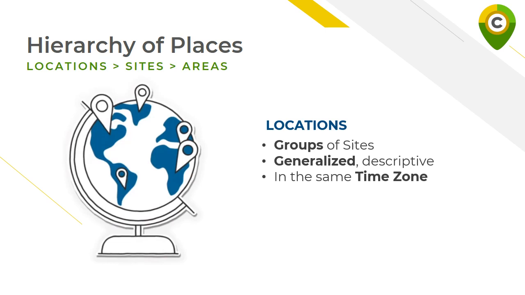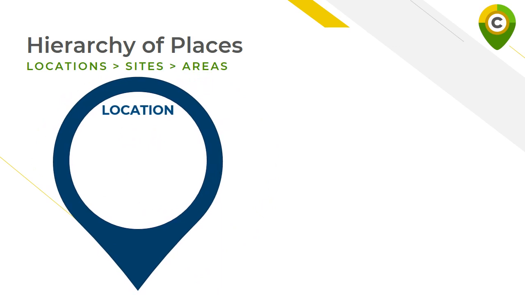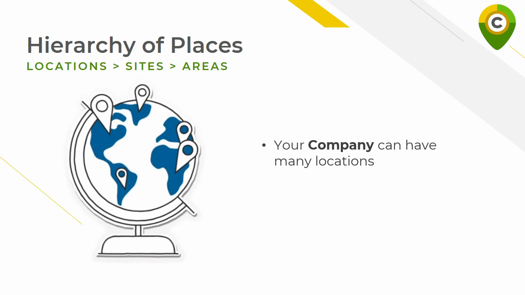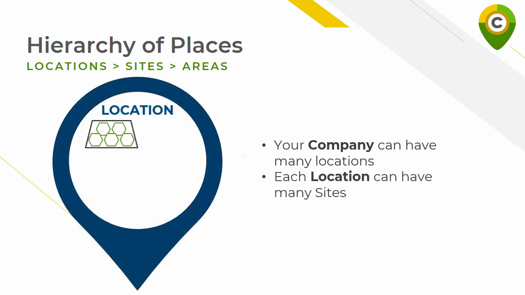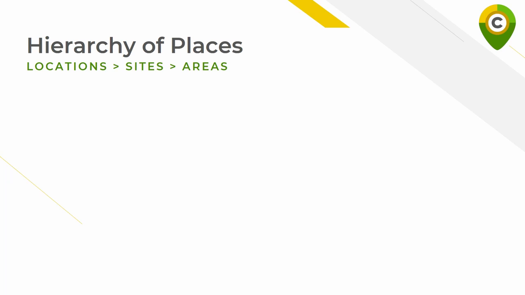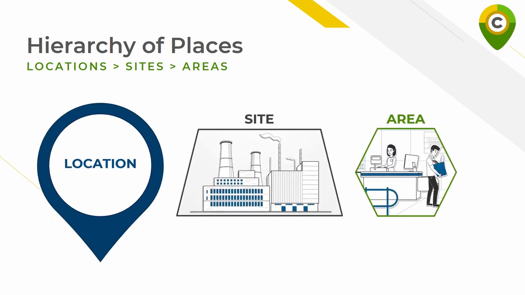Grouping sites into multiple locations is optional, but you will need to create at least one location in your Custodian account. So, to summarize, your company can have multiple locations. Locations are groups of multiple sites, and each site is divided into multiple areas. Okay, now that you understand the relationship between locations, sites, and areas, let's look at how to work with them